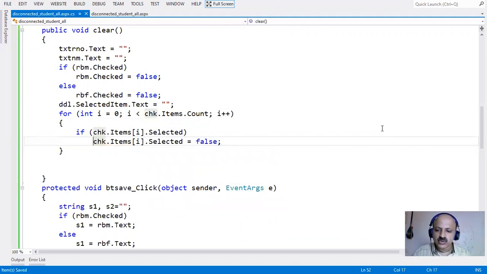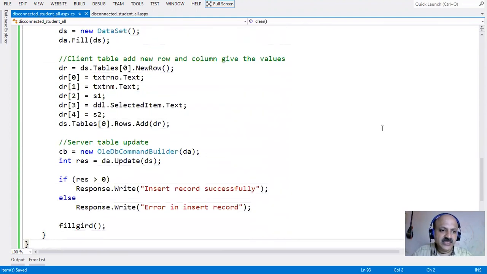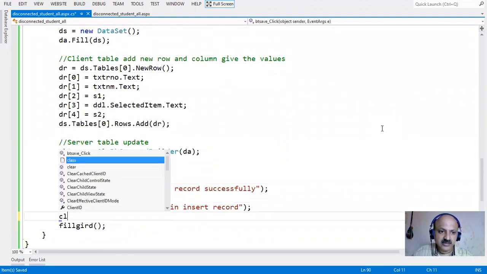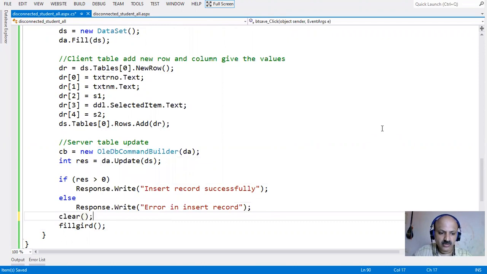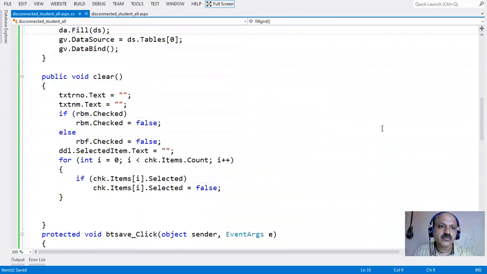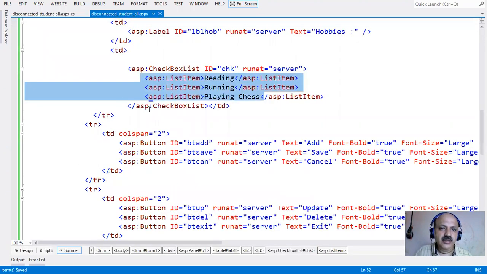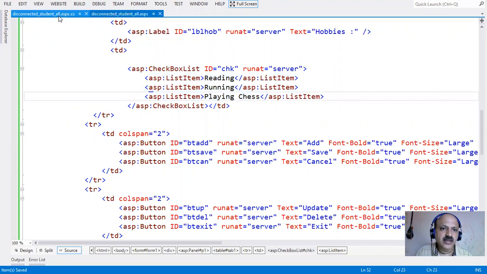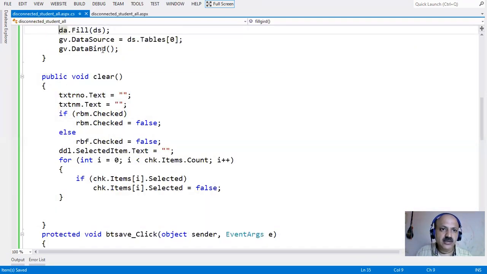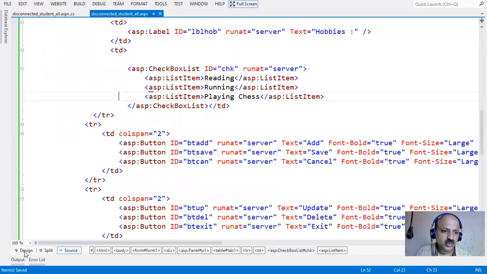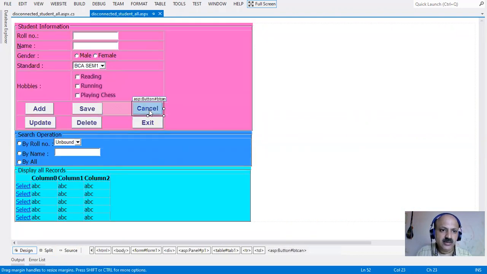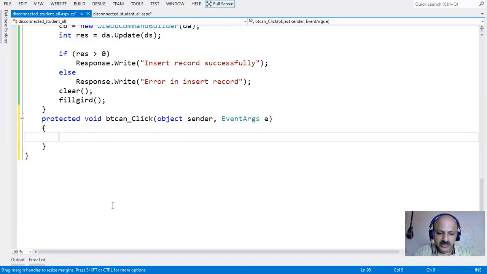Okay, so all is well, and after saving this method, we can call this clear. Yes, so all are clear. I think you can understand what a clear is. Now we can perform insert and display in the grid view, and I can also write the cancel button. There are only two or three lines there. So I write cancel, we just call clear, and we can take one flag variable after this. First we check whether the code works or not.